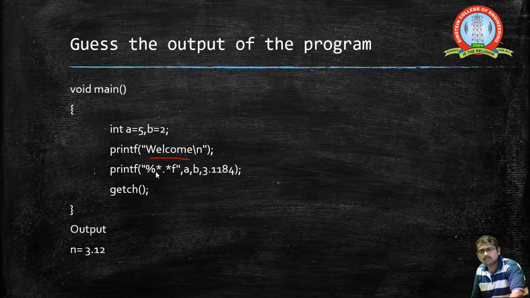Now star, when given here, indicates that the width has to be specified in the printf statement. What is the width of a? The width of a has been specified as 5, and I am specifying the width of b to be equal to 2. So the precision put out here is 5.2. Totally 5, and the number of digits occupied after the decimal point is 2. So before the decimal point 2 digits, and after the decimal point 2 digits. So 2 plus 2 is 4, plus 1 for the decimal point, so totally it is 5.